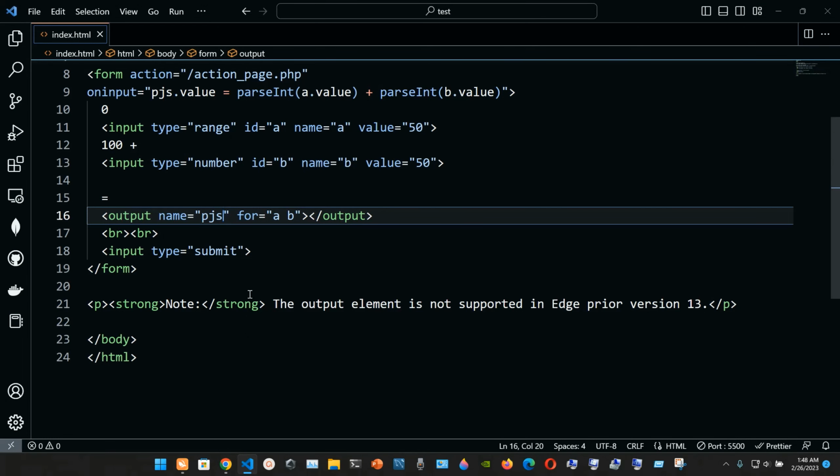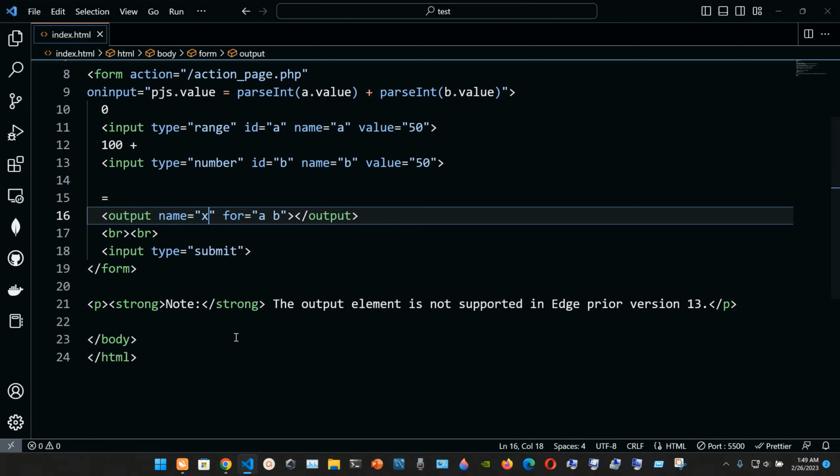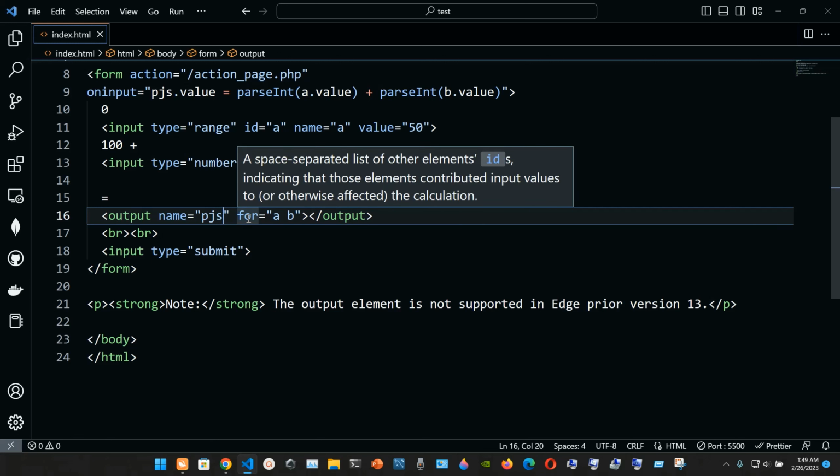But for example, if I change it to just X, now the name attribute is set to X, but the module I named PJS, so the stuff is not gonna work. So if I refresh it, it's not gonna work. So it's not working because the module is not the same. So the module has to be set equal to the name. So we're gonna go to PJS, save it, and now the form attribute,